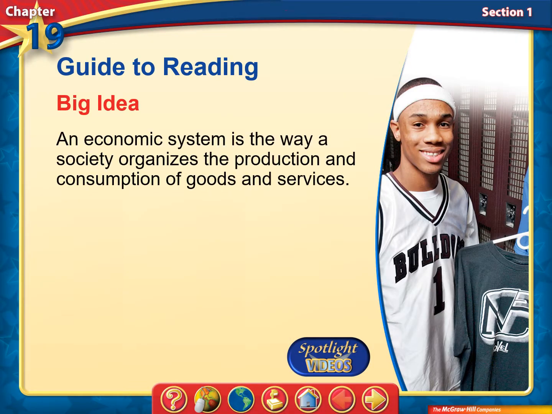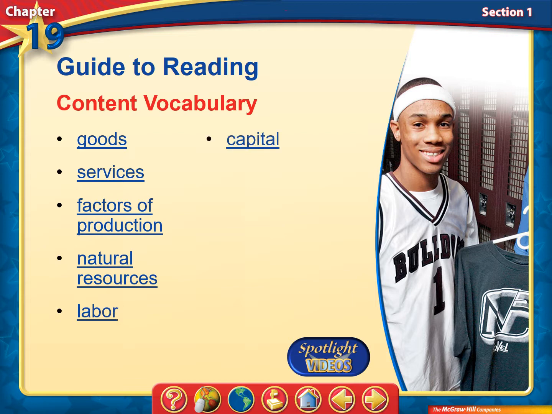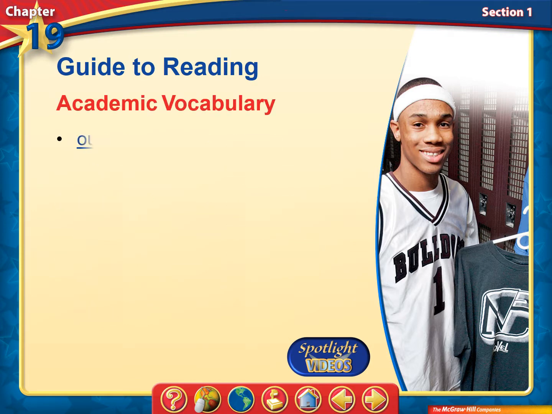About chapter 19, section 1, and the title of this is Economic Resources. The big idea here is that an economic system is the way a society organizes the production and consumption of goods and services. You'll see, number one, what is a good? It is a thing, right? A service is something that you provide. Factors of production, natural resources, labor, capital, entrepreneur, GDP, standard of living, these are all items that we'll get into today. So,